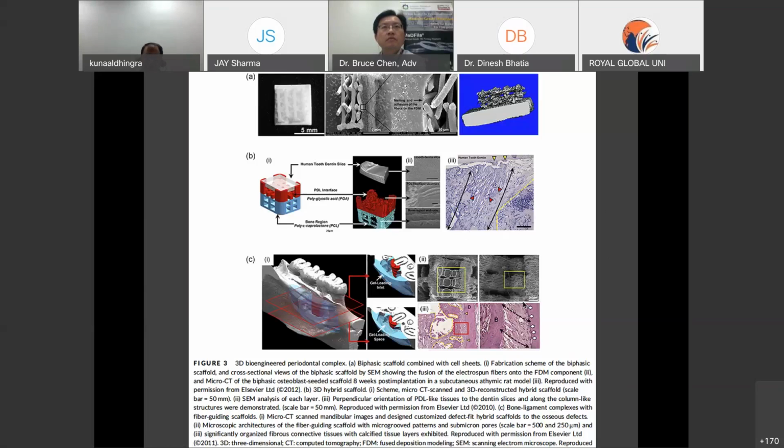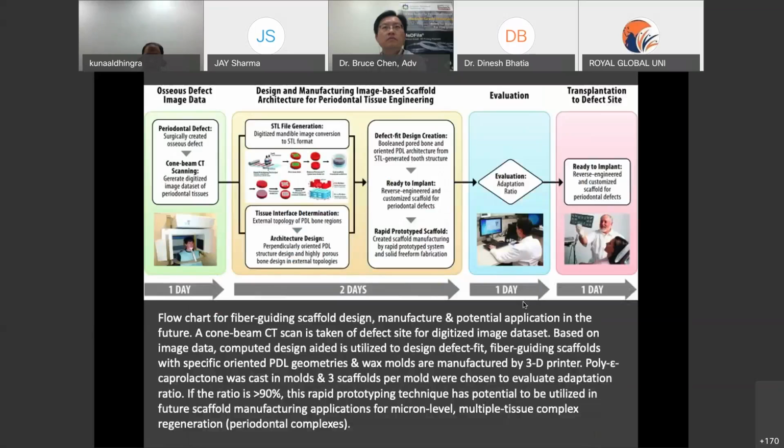But this is an in vivo study, and when we move on to patient studies, we have very few of them, and I want to show you one particular case report, to see how best we could achieve results with 3D printing when it was done directly on a patient. So with regard to patients, what are the steps if we have to make a 3D printed scaffold? A cone beam computed tomography scan of the defect in the mouth is taken